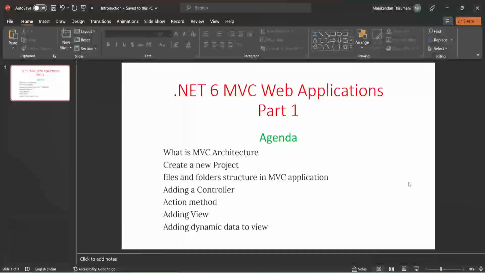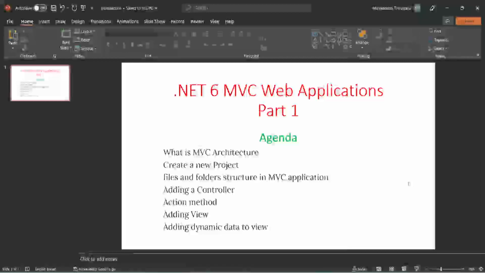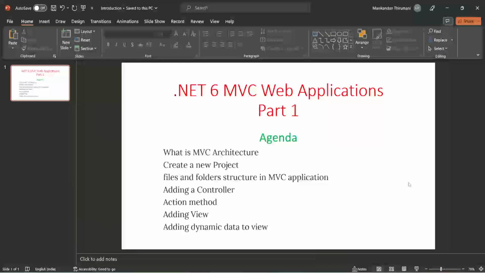Hi everyone, welcome back. In this session, we are going to see how to develop an MVC web application in .NET 6. Initially, Microsoft released .NET Framework, which works only on Windows OS. After that, Microsoft decided to release .NET Core to support cross-platform like Windows, Linux, and Mac OS. By enhancing features in .NET Core, Microsoft released .NET 5, .NET 6, and so on. We are going to see all features in .NET 6 as Microsoft decided to provide long-term support for .NET 6